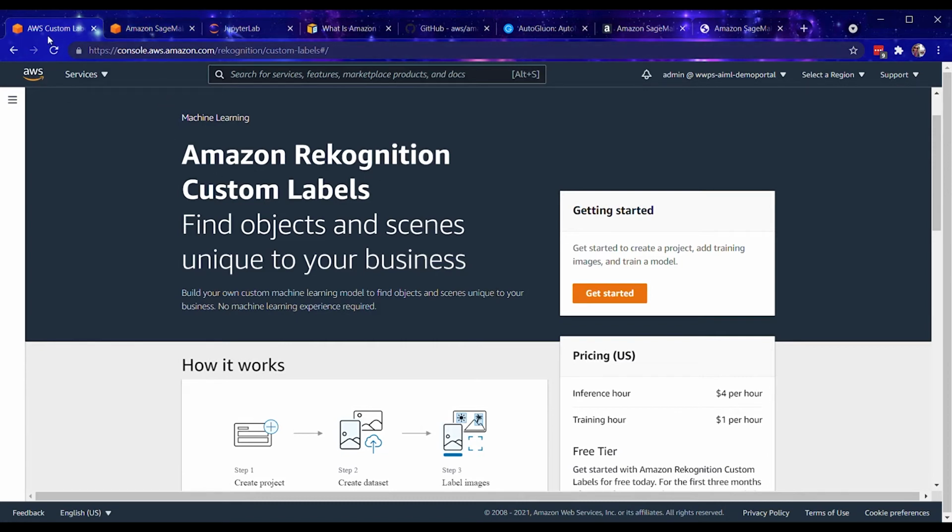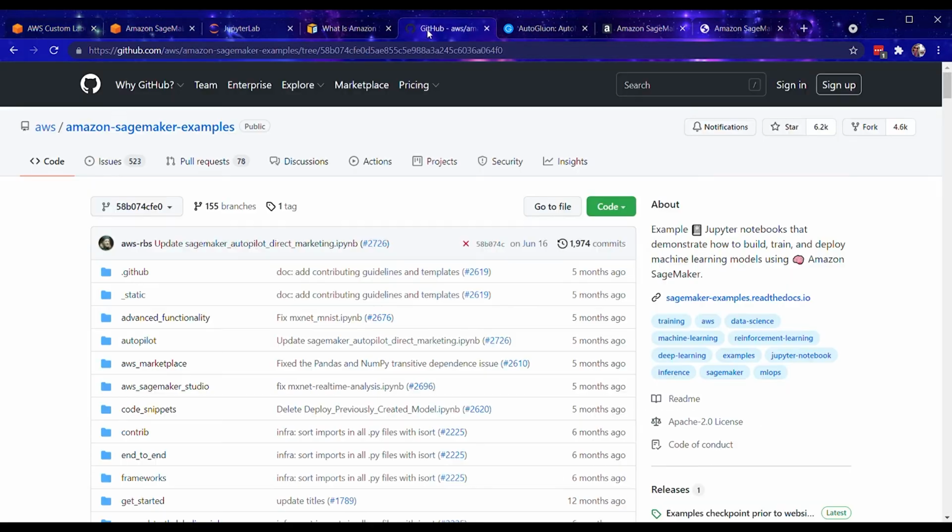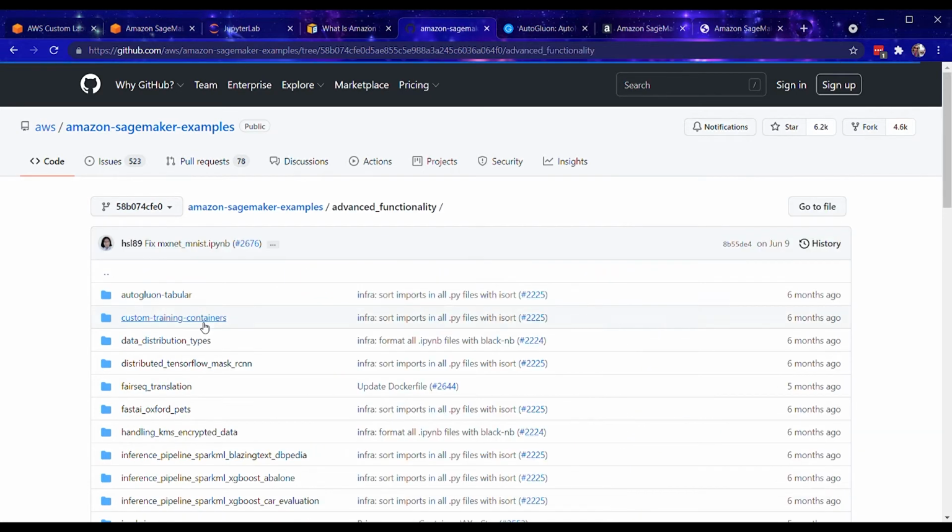Now, if you find that your use case is not a good fit for this top layer of AI services, that's when I would recommend exploring more of these SageMaker-based AutoML solutions. And I'd mentioned 2 AutoML solutions, the first one being AutoGluon. And if you're interested in using AutoGluon or learning more about it, I have 2 resources I want to recommend for you. The first one is within the Amazon SageMaker examples repository. This is in GitHub, AWS, Amazon SageMaker examples. If you come down to advanced functionality, you'll be able to find an example notebook.